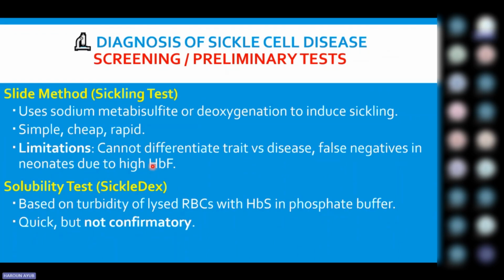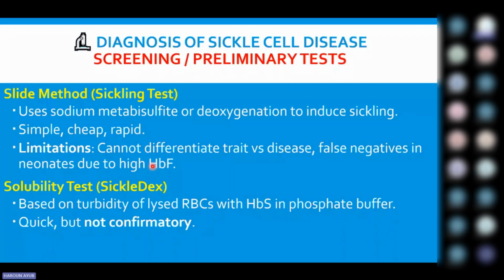The diagnosis is usually in 2 ways. We have the screening or preliminary tests, and then we have the confirmatory test or the quantification stage. The screening test, usually in low-resource settings or common labs, is the slide method, the sickling test. We use sodium metabisulfite to deoxygenate the cells and induce sickling. So we take our sample, make the slide, introduce sodium metabisulfite, and it deoxygenates the cells, inducing sickling for sickle-confirmed